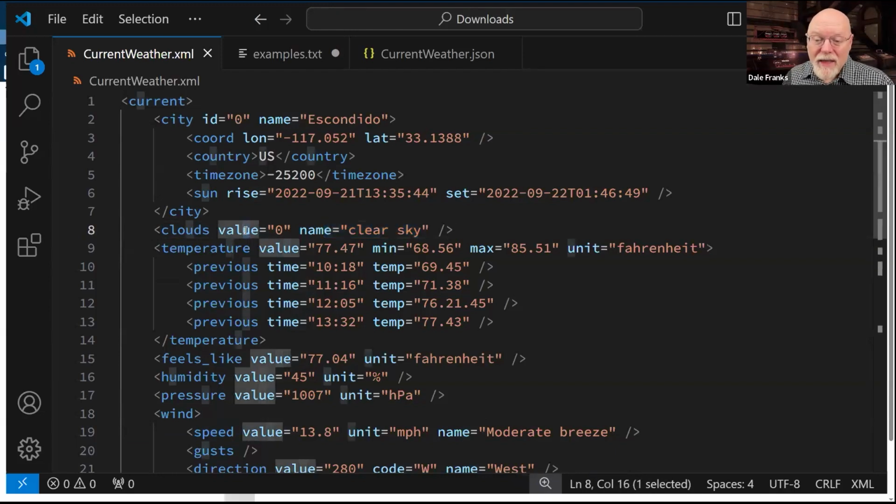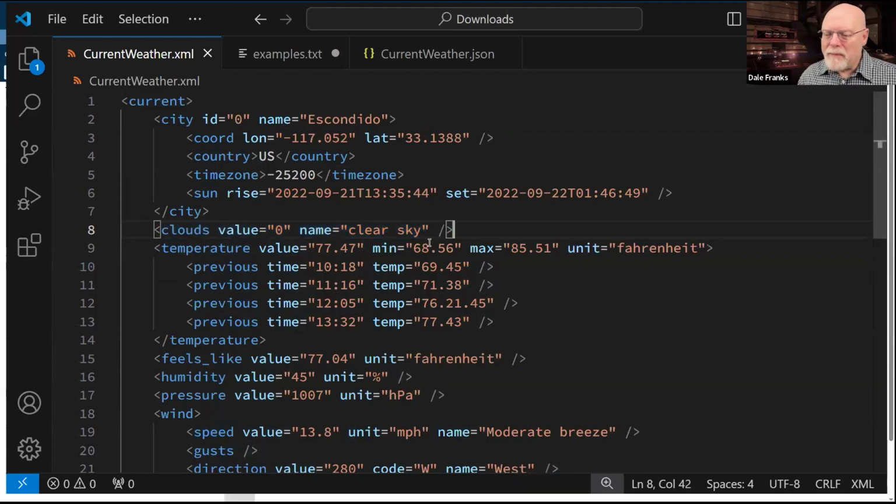This particular data is a single tag. It has a closing, because there's my slash at the very end of the line, but this is not like the other tags, where country, US, country is pretty straightforward. This is less so. This clouds node doesn't have the data stored in its own node.